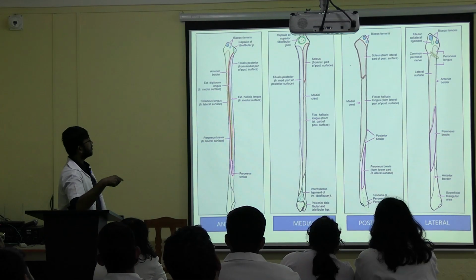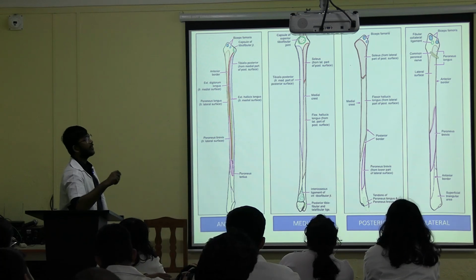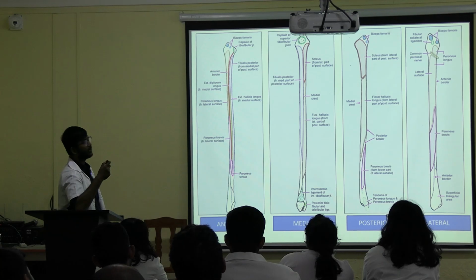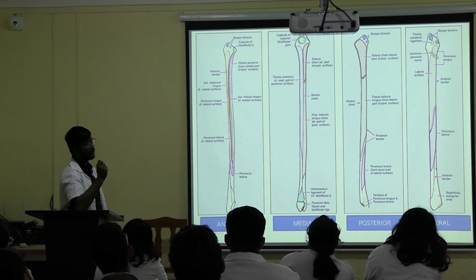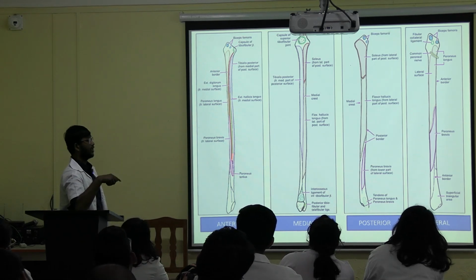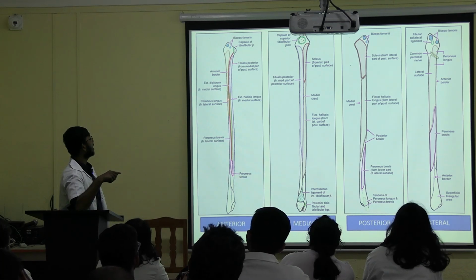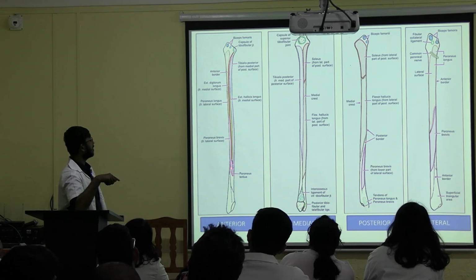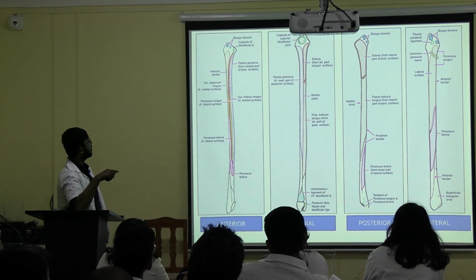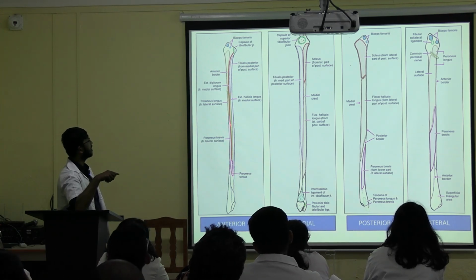Now these are the attachments of muscles. So basically we have 9 muscles, 1 only inserts and all the other 8 muscles have their origin from the fibula. We have the insertion for biceps femoris, and all the other muscles originate from the fibula. This long red muscle is the extensor digitorum longus. It arises from the medial surface. Then this small muscle is the peroneus tertius. This also originates from the medial surface, and another muscle is the extensor hallucis longus, this green one, which also